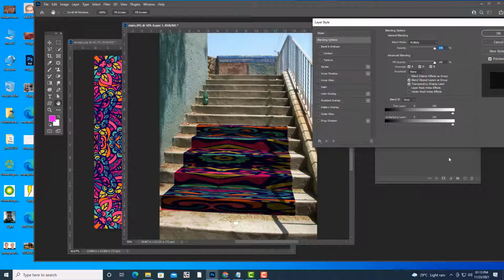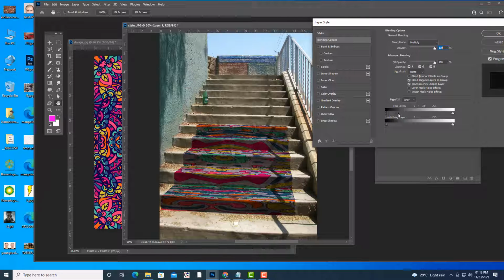So what we are going to do is, we are going to break these sliders. So how can you break the slider? Hold Alt and select the slider, and then the slider will be broken, so that the effect will be partial. See, now you are going to get some realistic look. You can break both the sliders, as if we have painted on the steps.